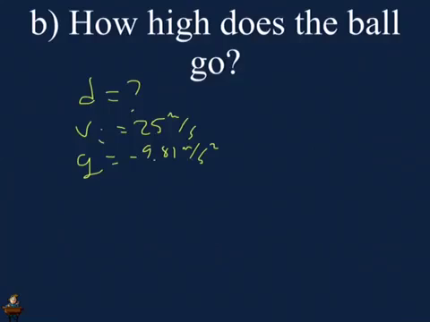We want to know how far it goes to the top of its flight because we want to know how high it is. So we will use t to the top to figure out the distance, and t to the top was 2.55 seconds. So all I have to do now to get the distance is plug that information into the distance equation that we know and love, d equals v i t plus 1/2 a t squared,